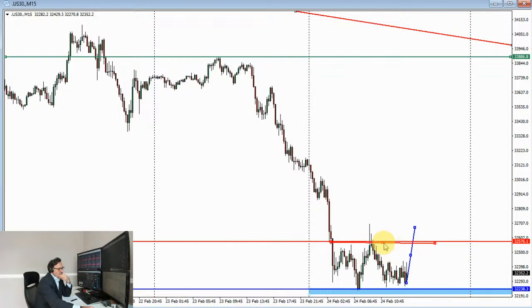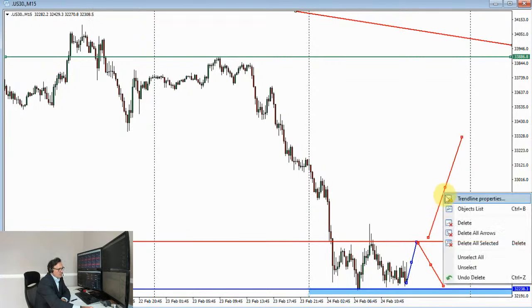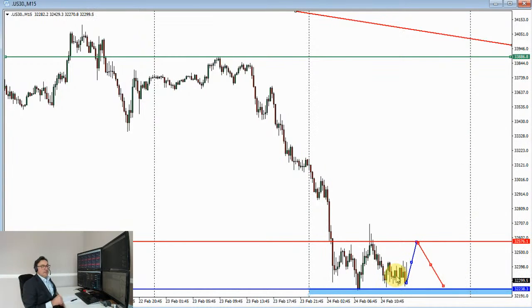So if we see a breakout above that level and then possibly a little retest, something like this, that could trigger a bit of a short squeeze, push higher. So this should be a blue. Otherwise, if we see a rally into this area and then a rejection, then this sideways consolidation could happen going forward for a while. So that's where I am with Dow.